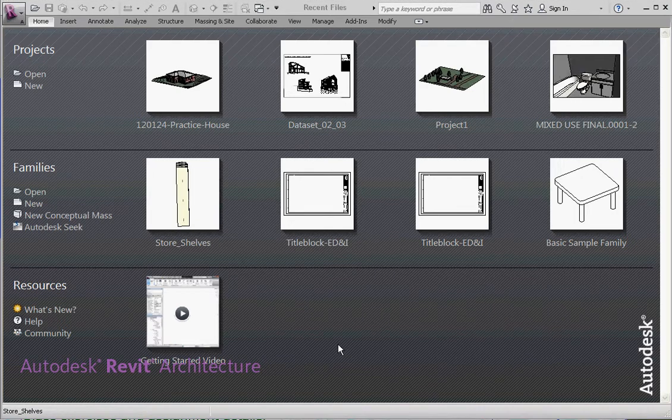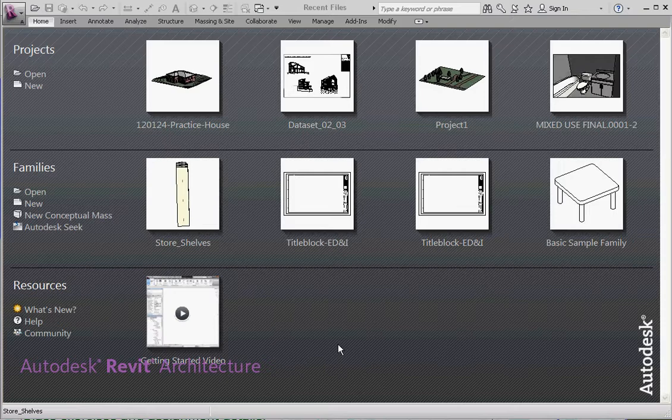What I'd like to do in this video is show you how to get things set up in Revit architecture. We're right now into week number 4, the end of week 4, and we're doing our prep work for week number 5. And what we like to do in Revit architecture, unlike AutoCAD and other similar programs like SolidWorks,